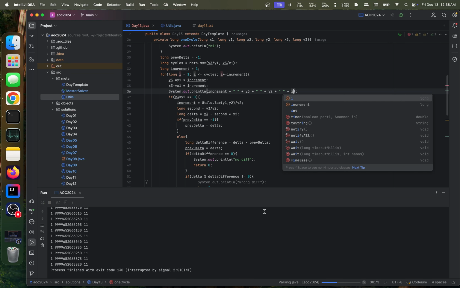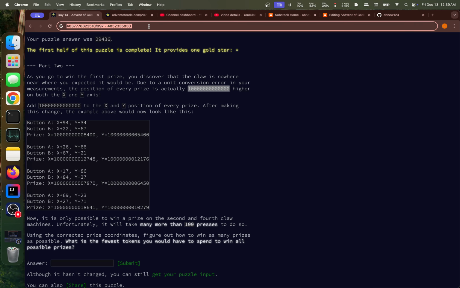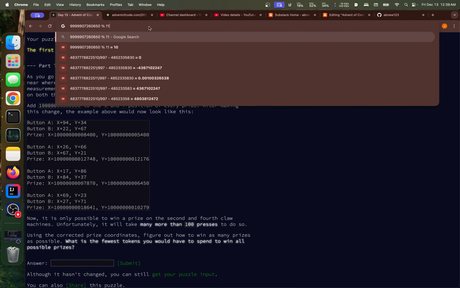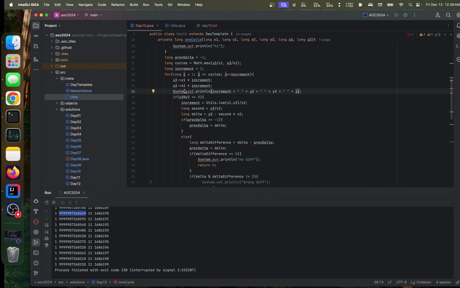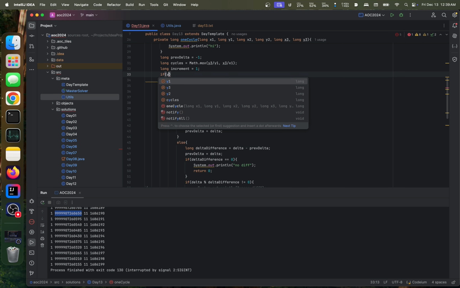But I is increasing by 1. Okay, that's fine, I guess. But what is this number mod 11? It's 10. Oh, it's not even freaking reachable. Okay, here we're gonna have to check for that. If y2